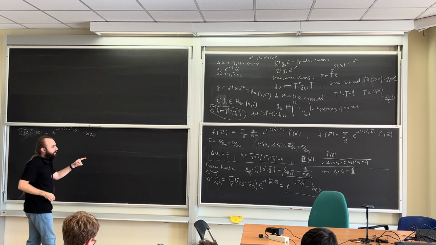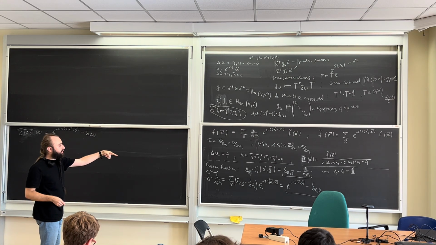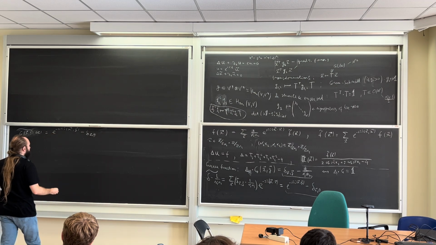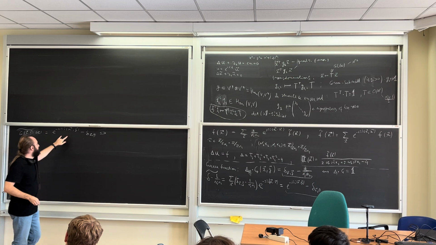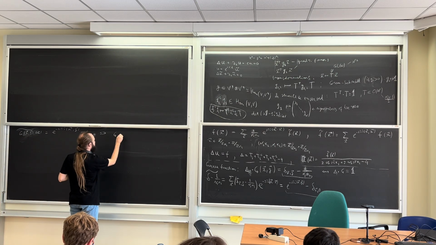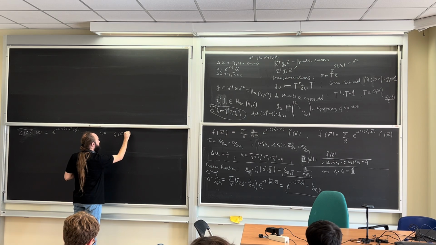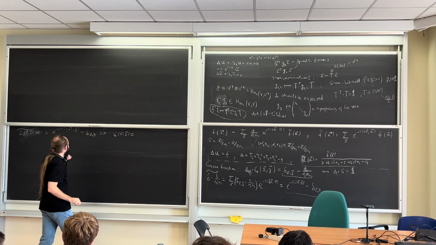And now if we try to compute the Green function in the coordinate space, we need to do the Fourier transform with this expression. So G of x and y equals